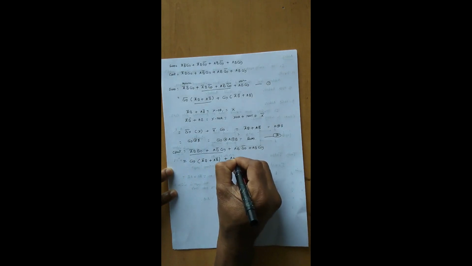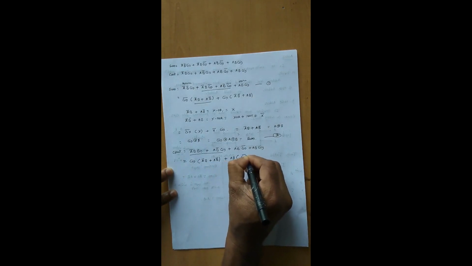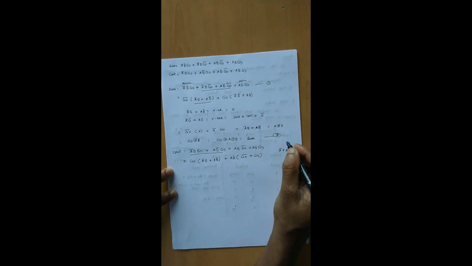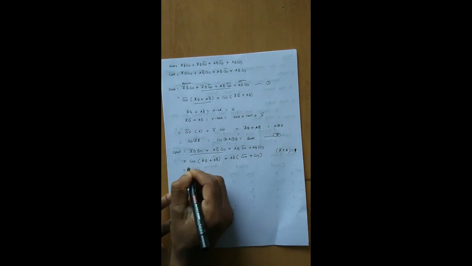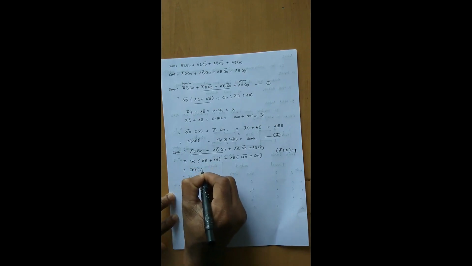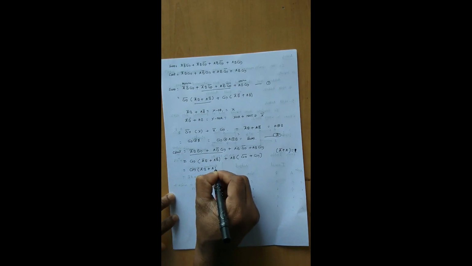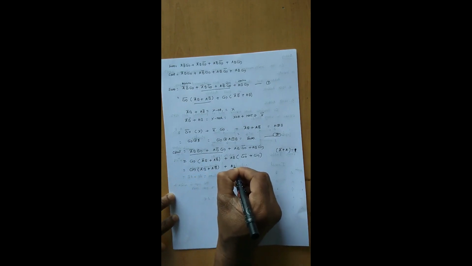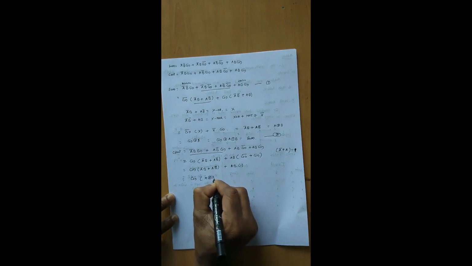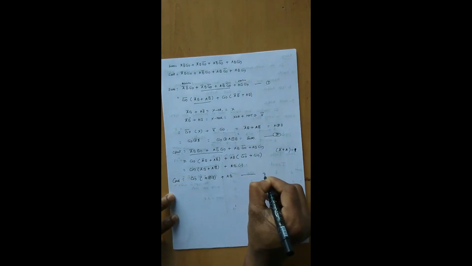From the remaining terms we can bring AB out as a common term: C in bar plus C in, so A bar plus A. This will be 0, this will be 1. So C in, A bar B plus A B bar, plus AB into 1. Again this will be modified as C in, A XOR with B, plus A B. This is the expression of C out.